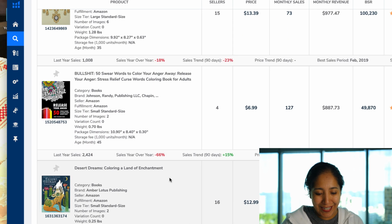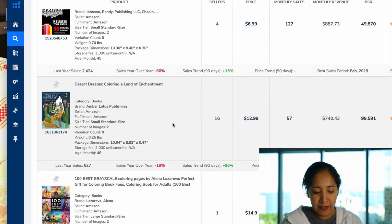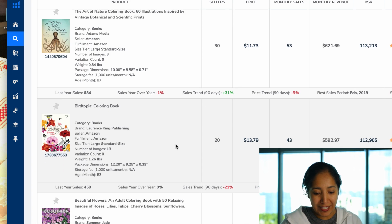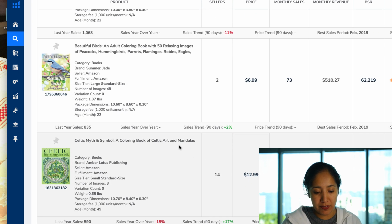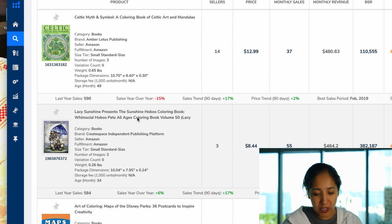And then here comes, again, more my style of coloring book, the 50 swear words to color your anger away. I guess I might actually need that. So I don't know, maybe I need that, but this one seems pretty cool. There's also, let's see what else we find. The Art of Nature coloring book. Again, Birdtopia and her flowers. Anything that sort of promotes romanticism, like beautiful flowers and birds, Celtic symbols, and Lacey Sunshine, the Sunshine Hobos coloring